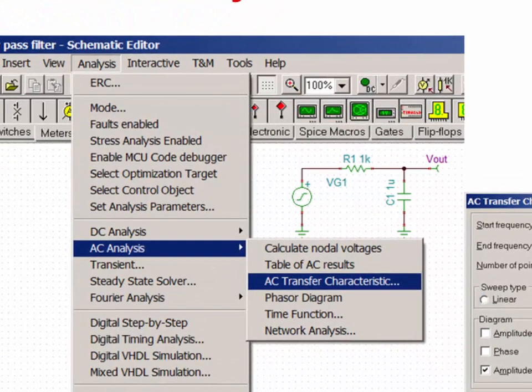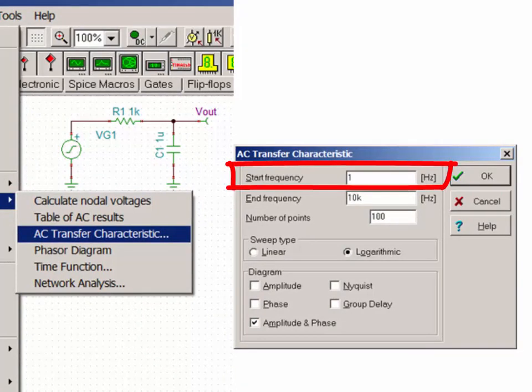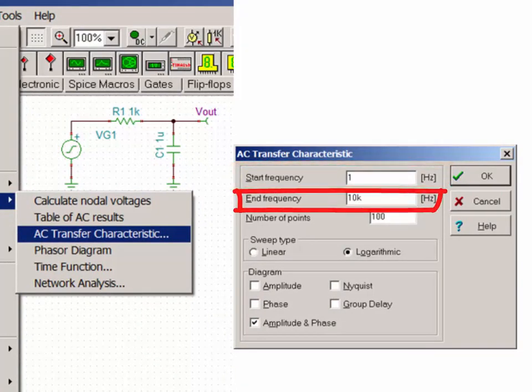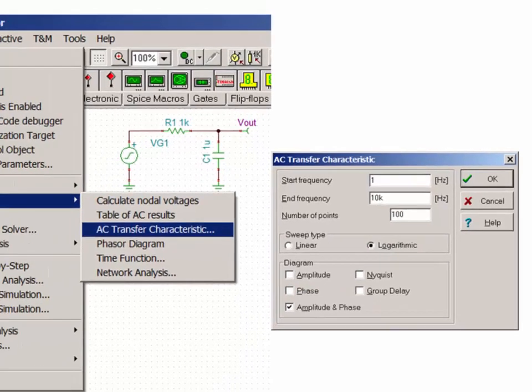Once the circuit is implemented, you can run the transfer characteristic by selecting Analysis, AC Analysis, AC Transfer Characteristic. In the AC Transfer Characteristic window, set the beginning and ending frequency as shown. Since the frequency range is generally very large, select Logarithmic for the sweep type. In the diagram section, select Amplitude and Phase.